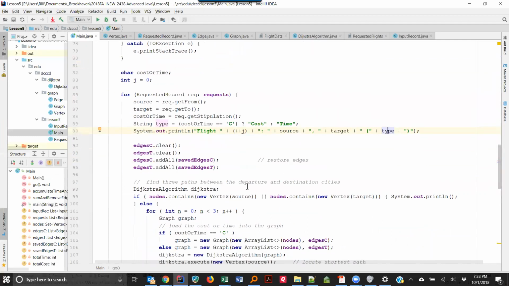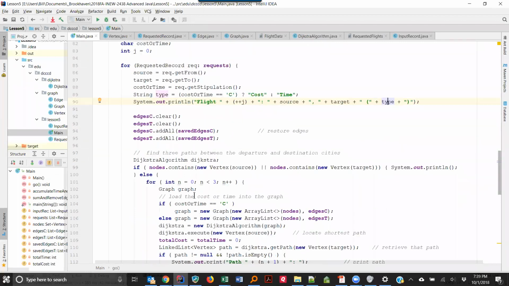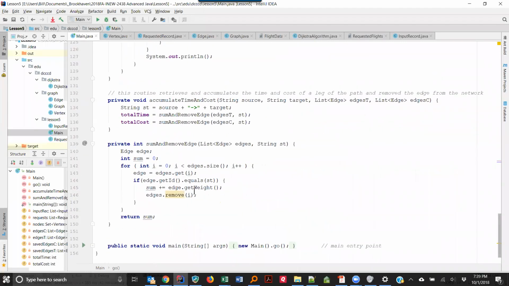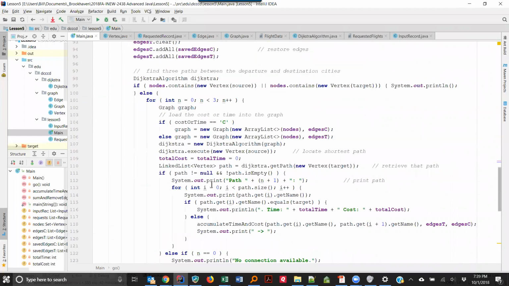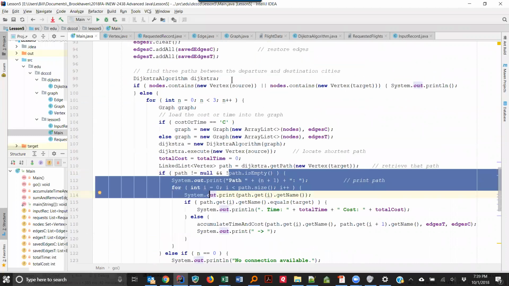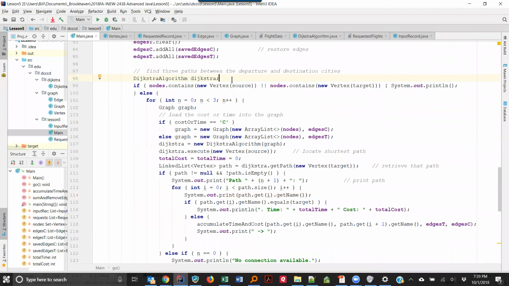And then you're going to restore the edges back that you saved up above. You're going to create a Dijkstra algorithm. Well, that just declares it. So if the nodes contain the source,